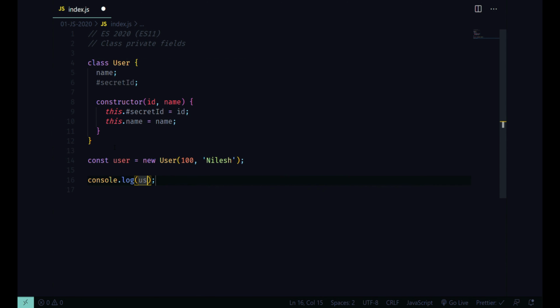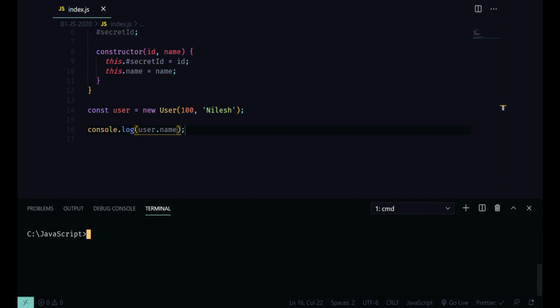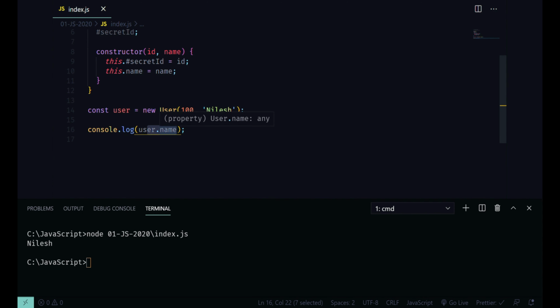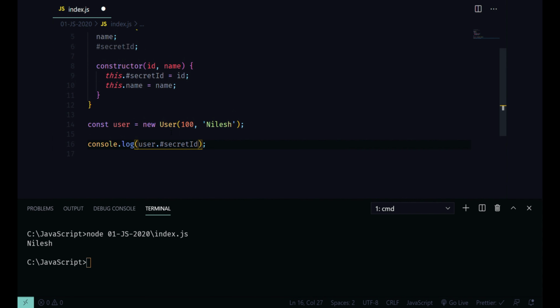User.name. We'll test it by running inside the Node environment, node index.js. So yeah, we are able to see our name, but let's now try to access this secret ID and see what we get.